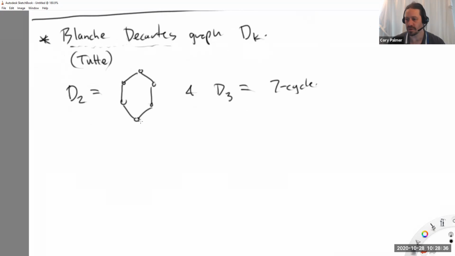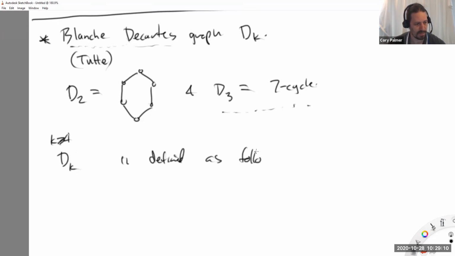So what's our theorem going to be? No triangle and has chromatic number k. D2 has chromatic number 2. It's an even cycle, so obviously it doesn't have a triangle. D3 has chromatic number 3 because it's an odd cycle, also obviously doesn't contain a triangle. But for the definition, we only need this for the recursion. So Dk, where k is at least 4. We'll define Dk, in the previous one we did Zk plus 1, but it doesn't matter, is defined